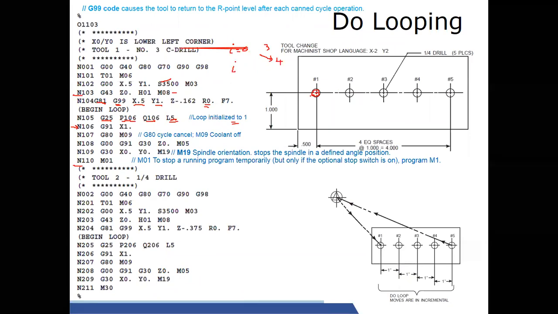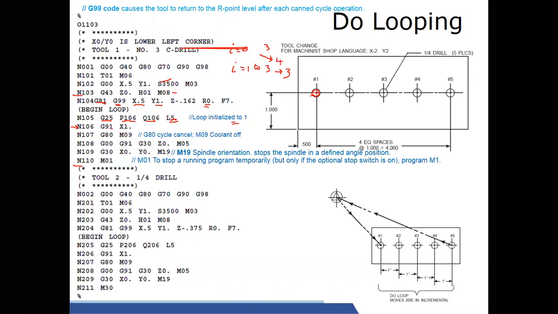If I write that when I is equal to 1, 2, 3, in this case, how many times? It will be executed 3 times. Something like that. Okay, so here the initial time value is 1, therefore 4 holes you can make. All right, so this is the initialization of G25.